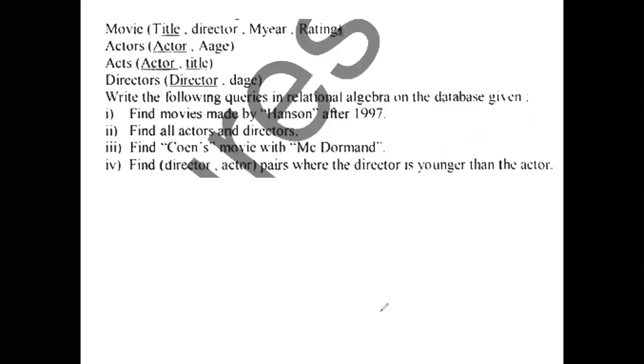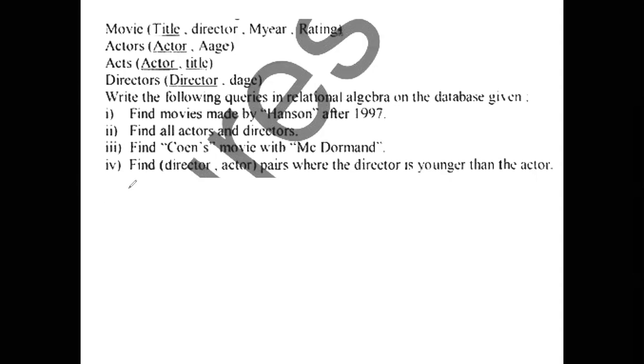So a simple query for this would look like this. From the first we must join the actor and acts table, and then we must put a condition that only those movies we must extract where Cohen and McDormand have acted. So again, for this particular query, we can utilize the intersection operator, where